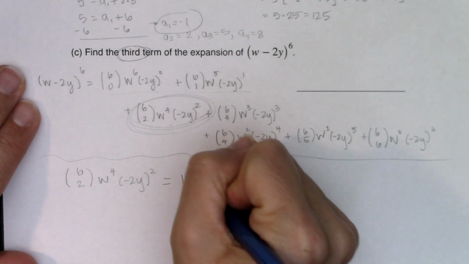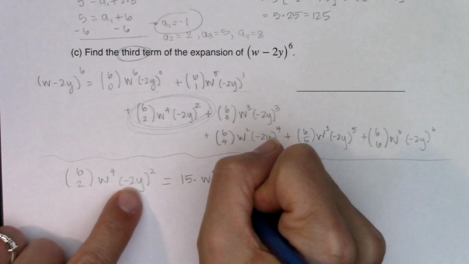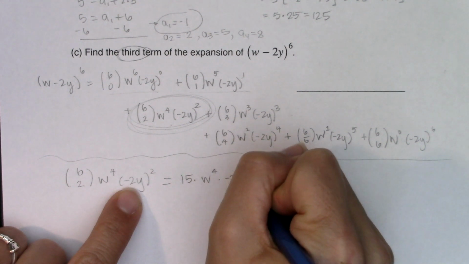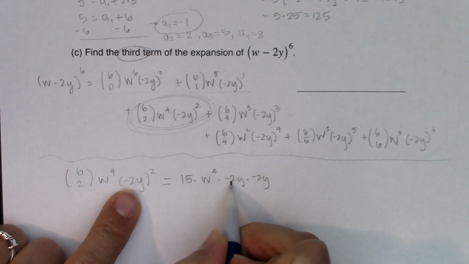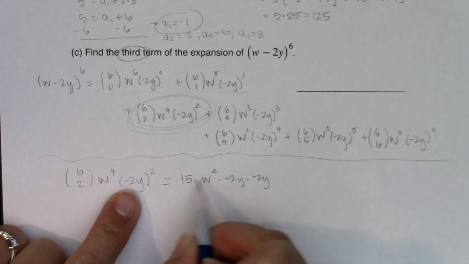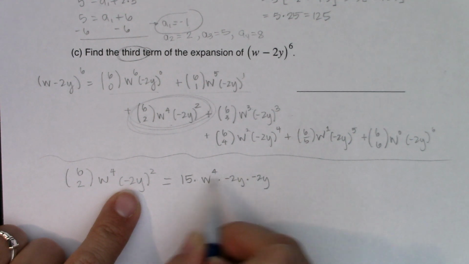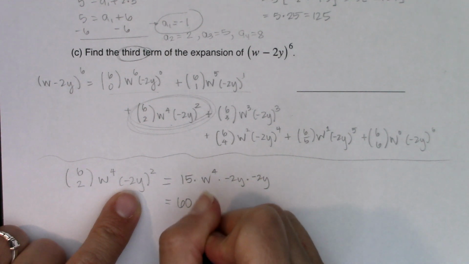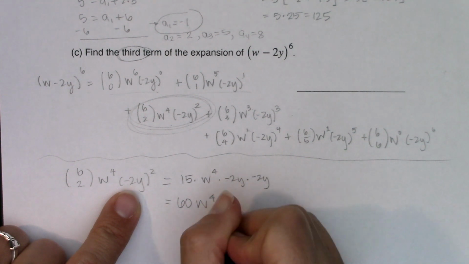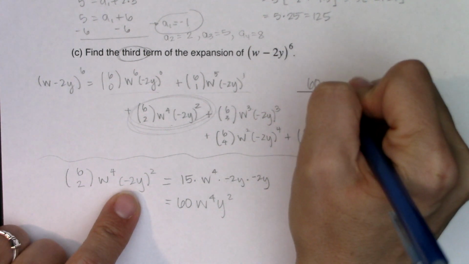I have 15. W to the 4th can't really be simplified. Negative 2y squared, well that's negative 2y times negative 2y, right? So 15 times negative 2 times negative 2, let me think of that as negative 2 times negative 2 is positive 4. Positive 4 times 15 is 60. Then we've got w to the 4th, y times y is y squared. And there is the third term